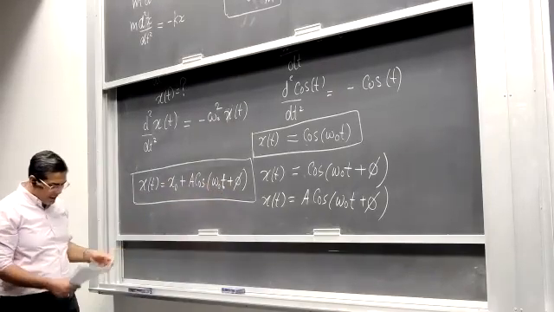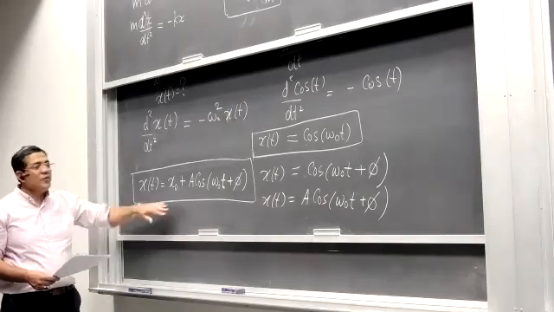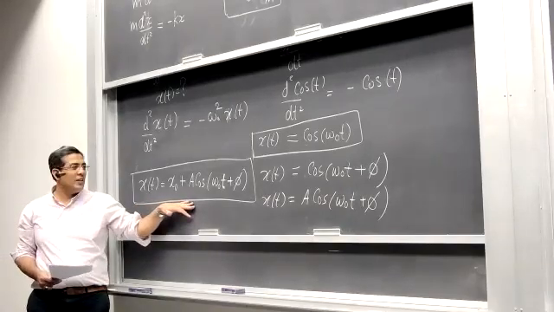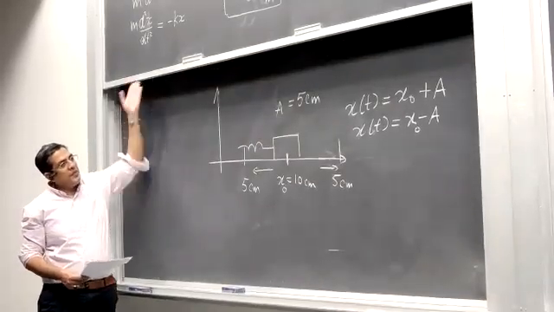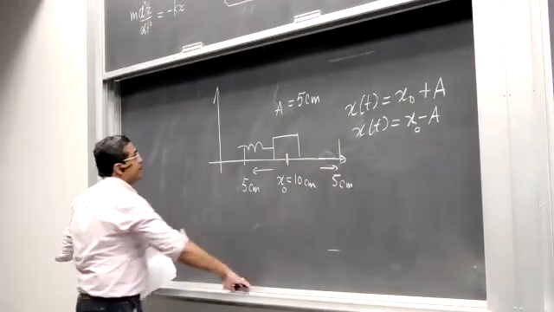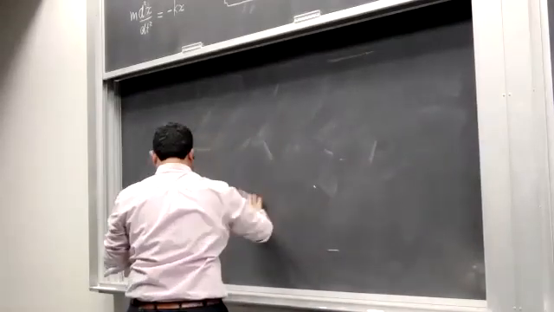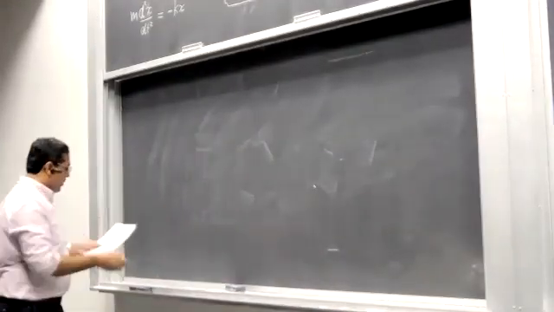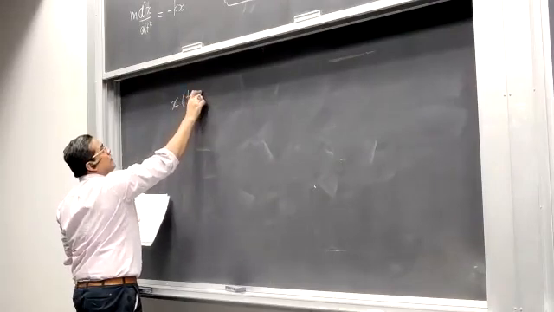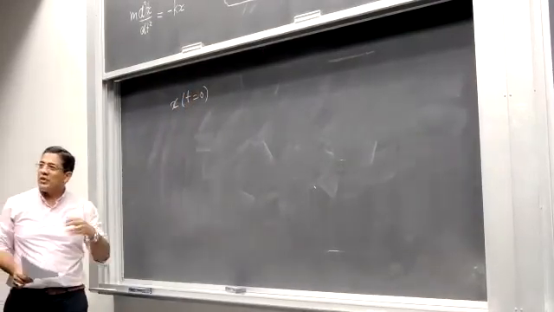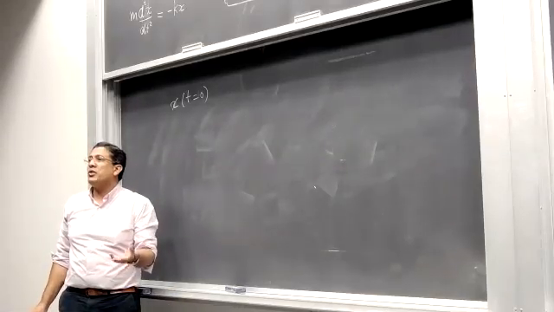In other words, let's try to make a plot of this, and then it would become a bit more clear. But usually if you need to find these constants yourself, this is how you can do it. Usually what happens is that we know x at t equal to 0. These are called initial conditions. And whenever you solve in general a differential equation, you get a general solution. And to get a particular solution, you need to know the initial conditions.